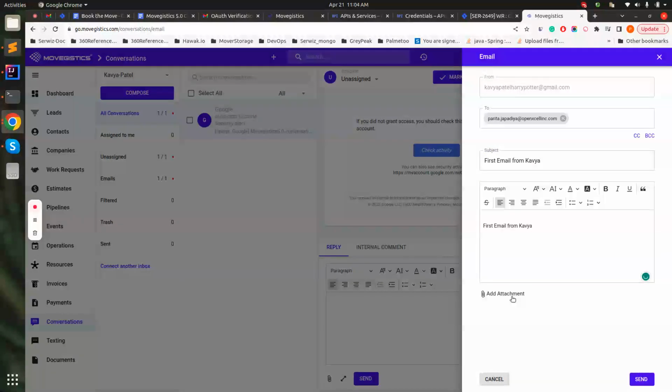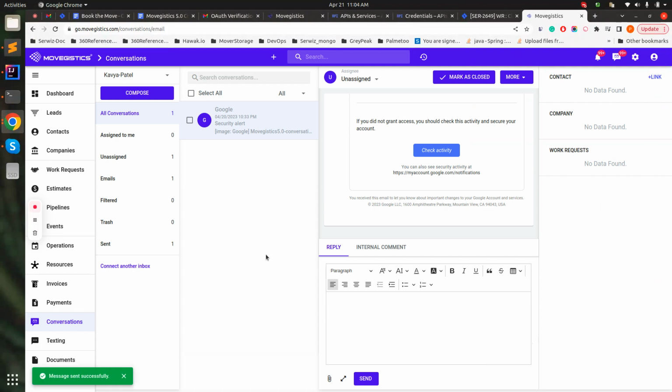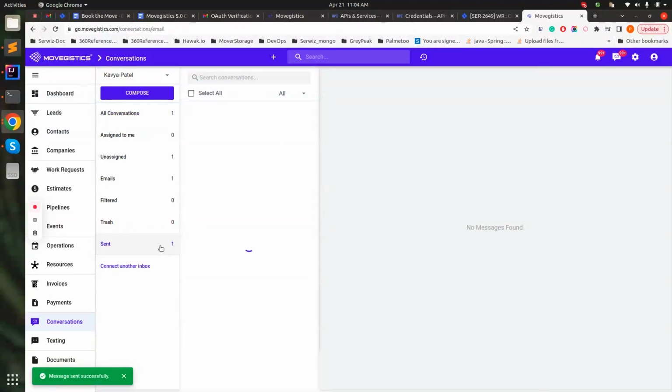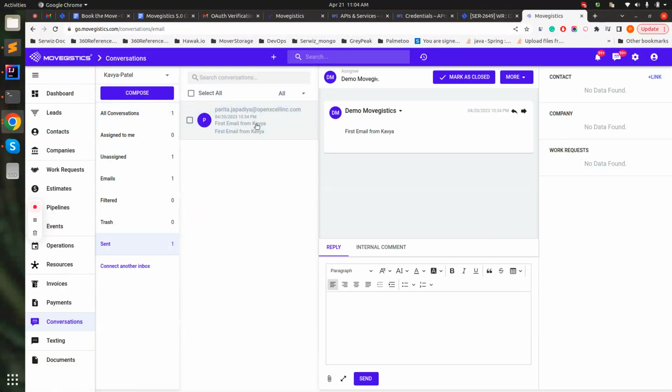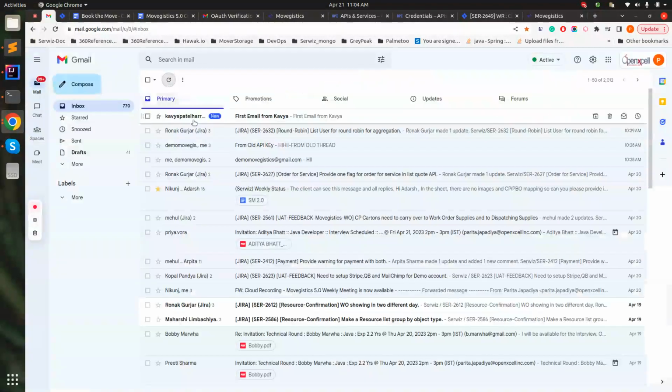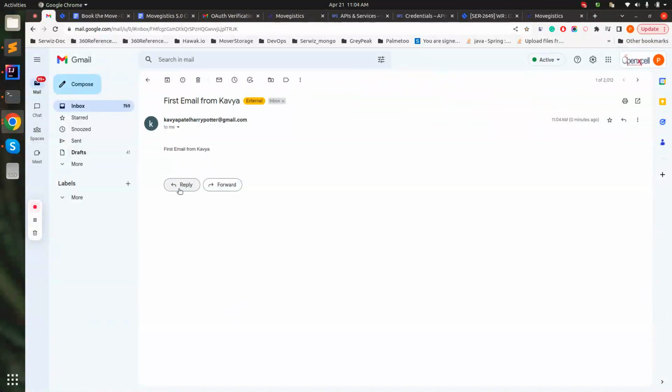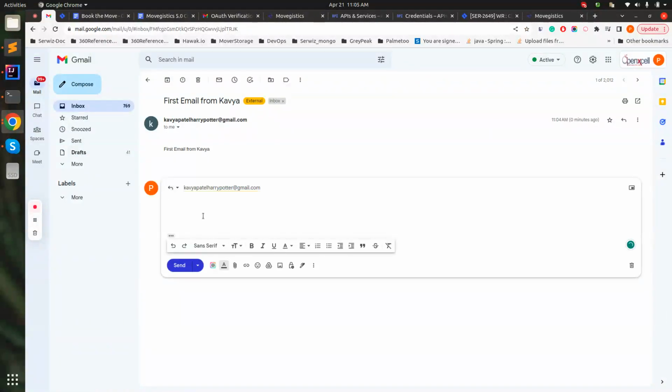You can also attach files. You can also change the format of the content by using these options. And once I send it, it is automatically seen in this box, like you have sent this conversation, right? And as I sent this to my personal email, I can also receive the email in my personal email. Once I reply to this email from my actual Gmail